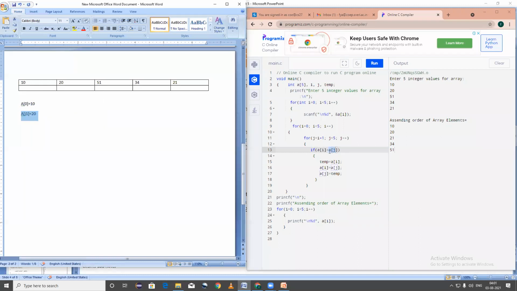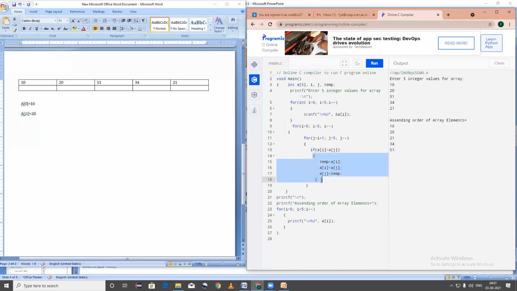Is 10 greater than 20? Tell me the answer. Is 10 greater than 20? No, sir. No. So it will not execute this loop. जर condition false असेल तर loop execute होईल का? नाही होणार.